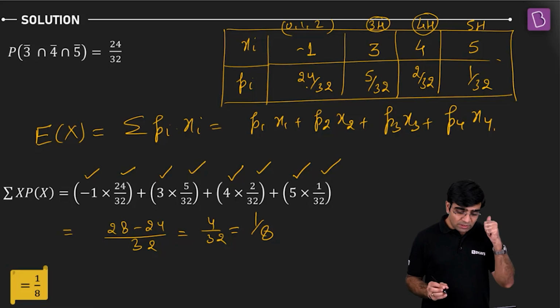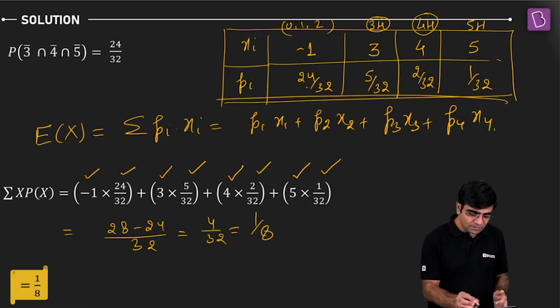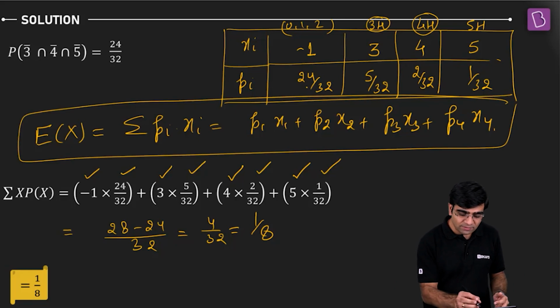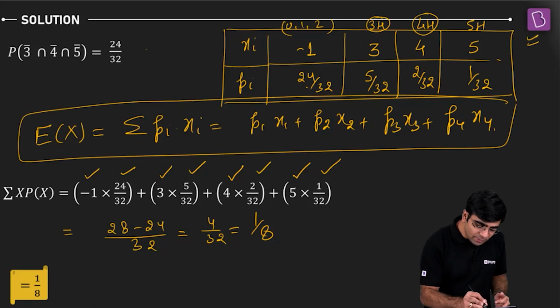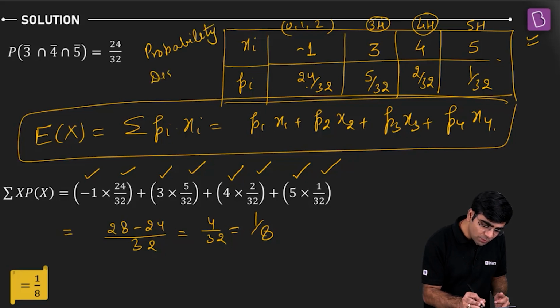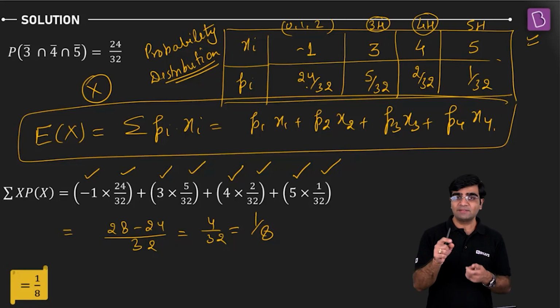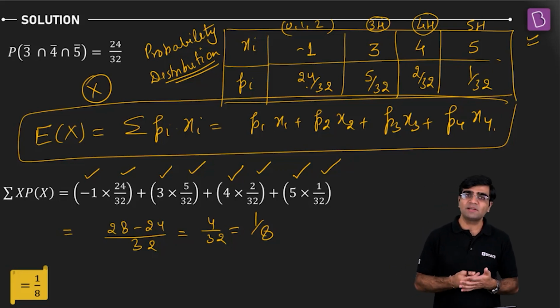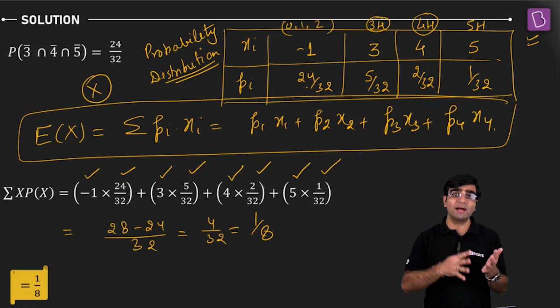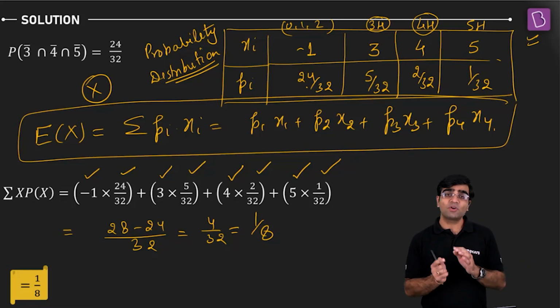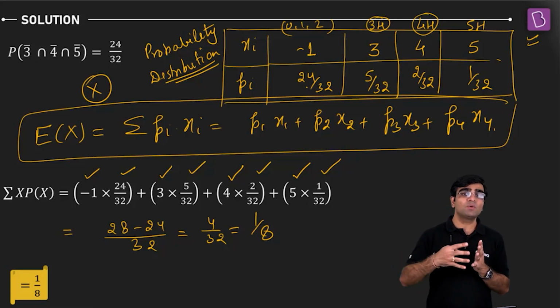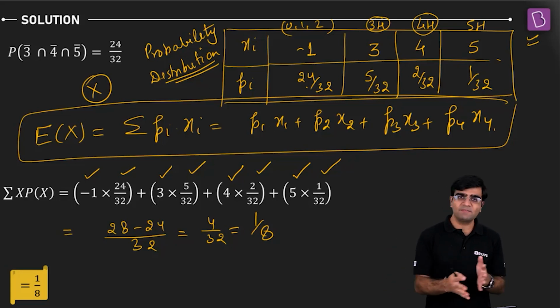Understood this, Harry? So the crucial result is this distribution. This table that you see here is called the probability distribution. This is the probability distribution for the variable capital X, the one which I have defined as capital X equal to the number of heads. So I have 3 heads, I have 4 heads, I have 5 heads, or I have all the other 3 cases. For all the other three cases, the value was -1. For 3, 4, and 5, the value associated was 3, 4, and 5 respectively. The probability we have explained very well.